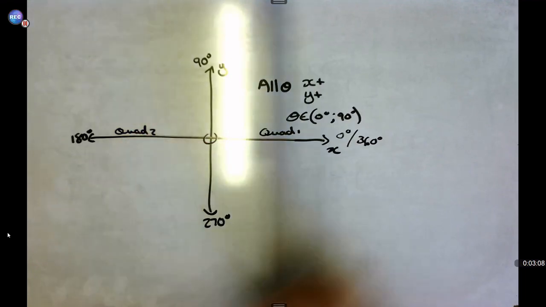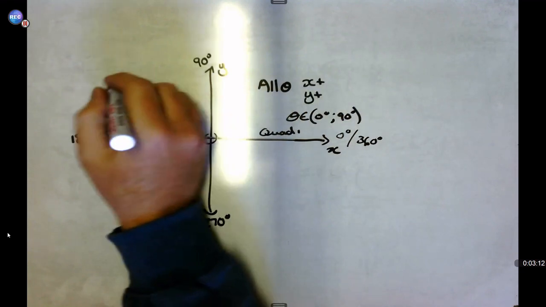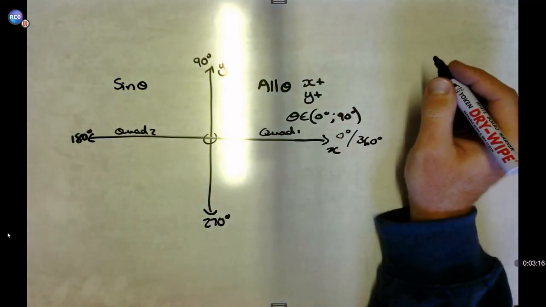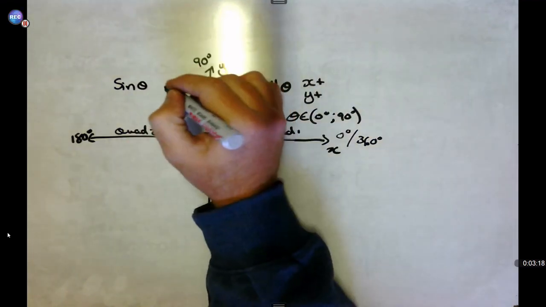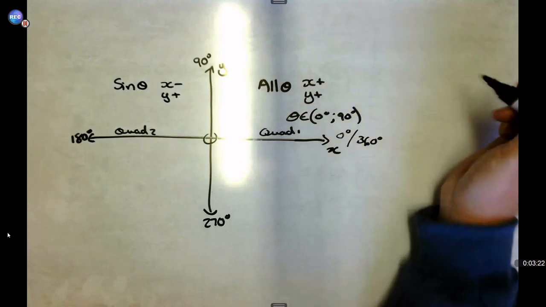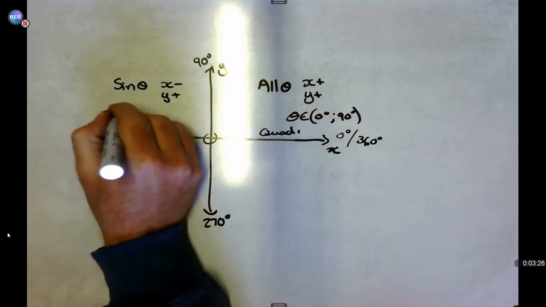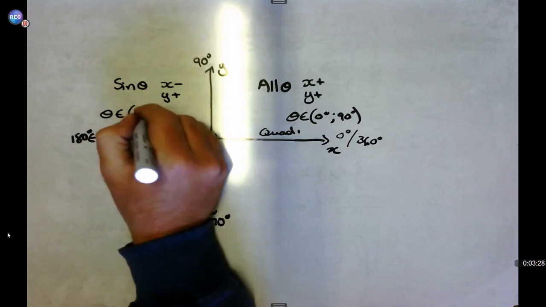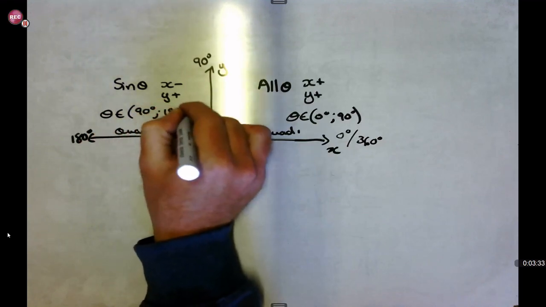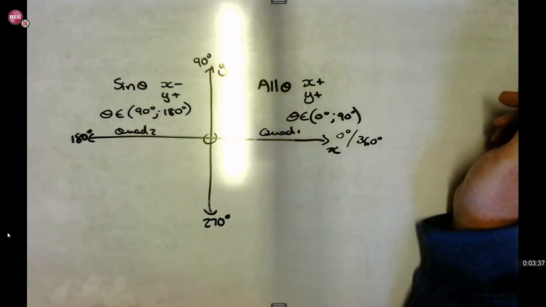Okay, then this is quad 2. So quadrant number 2, obviously you know we're working anti-clockwise, and sine favors this quadrant. Also, another thing that you need to remember is that x is negative here, but y is still positive. Okay, and then your range that you're working with over here would start at 90 degrees and it will move all the way to 180 degrees. There we go. From 90 to 180.